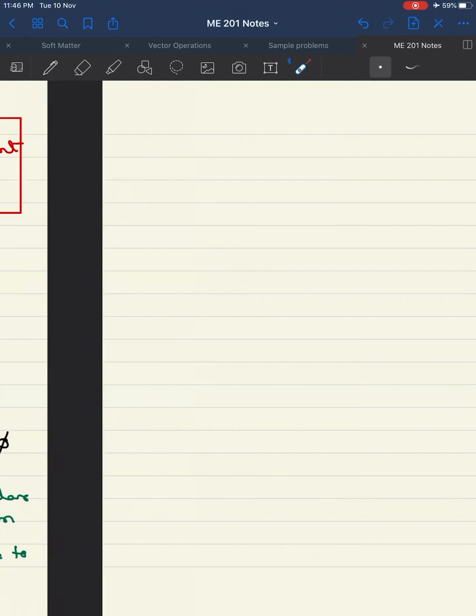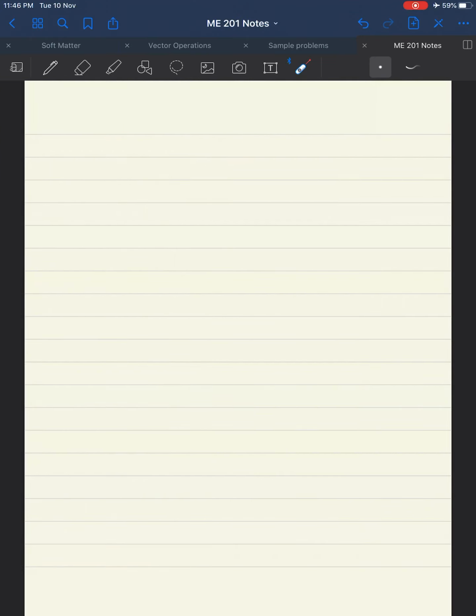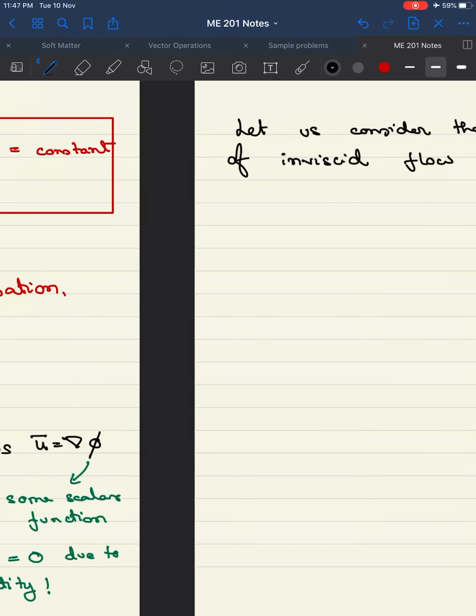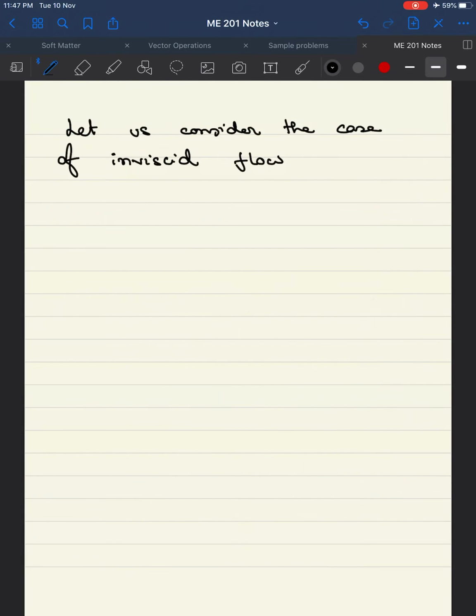Okay, so if you look at the previous equation, let us consider the case of inviscid flow, and in the inviscid flow we had said that the equation that we had derived was that